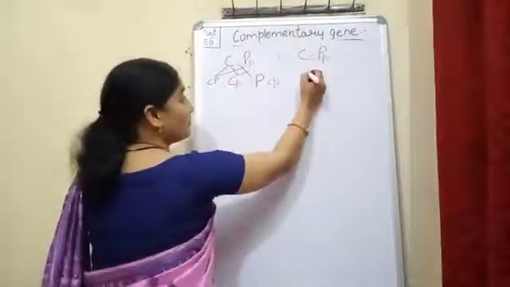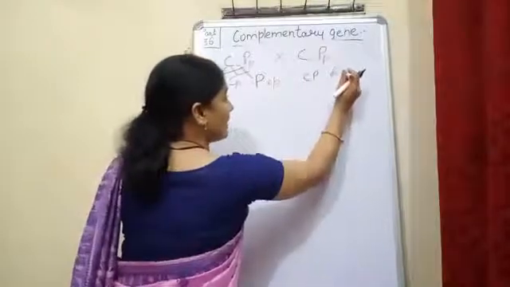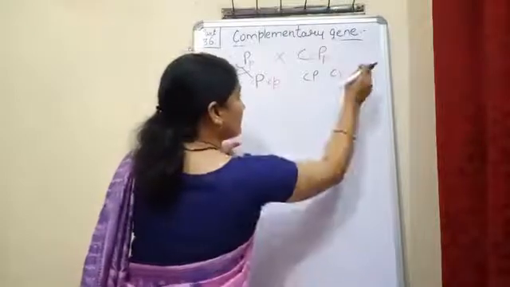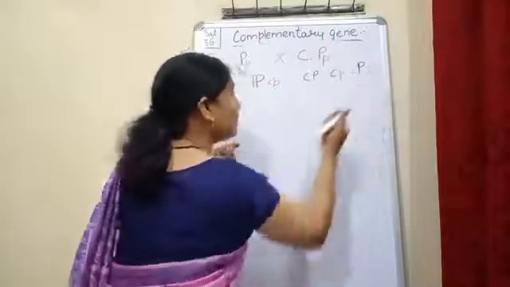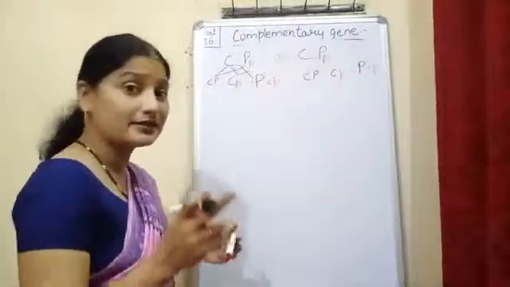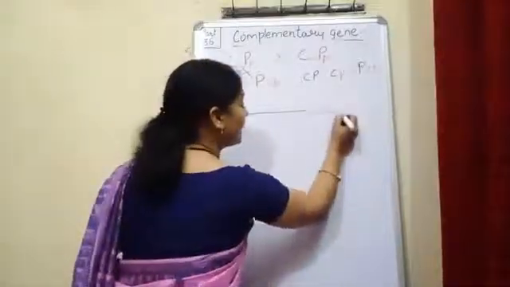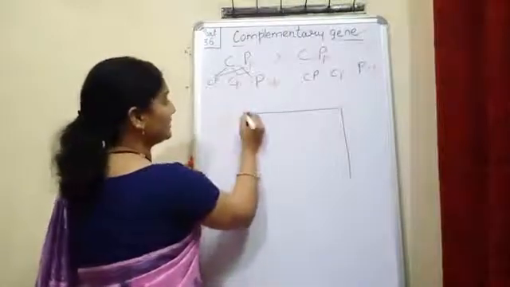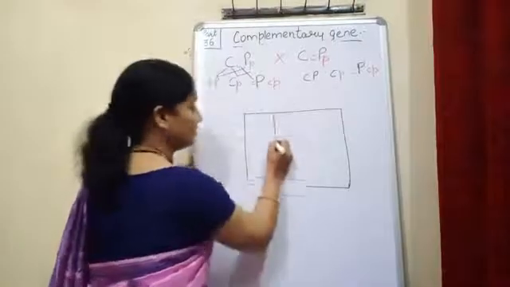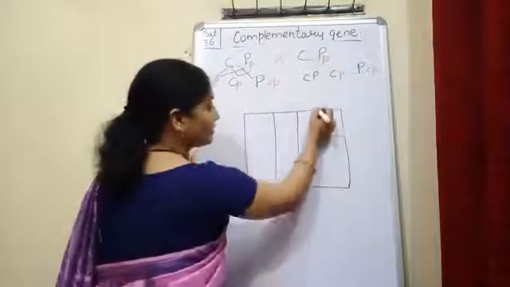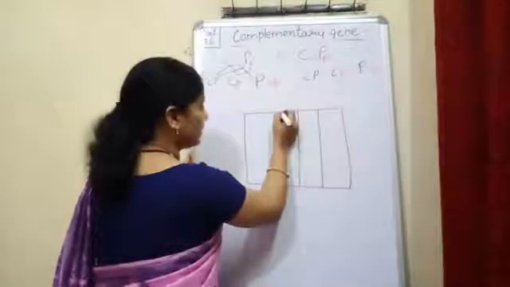Now we will get the 4 gametes here also. CP, then C and P, then small c, capital P, and small c, small p. Now these are the 4 gametes for F2 generation. Now once again we will draw the Punnett square and then we will see the result. Okay, on the basis of the Mendel's law as well as in the modification of the Mendel's law. How many? 1, 2, 1, 2, 3, 4. Okay, I am making it small so that I can write the result.